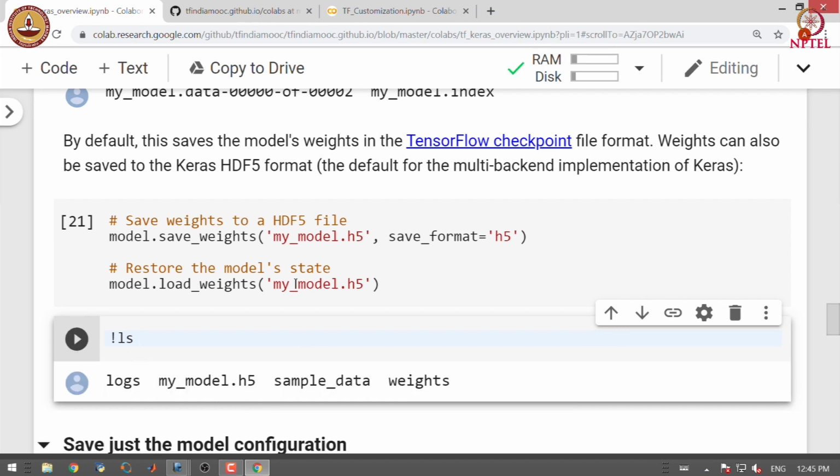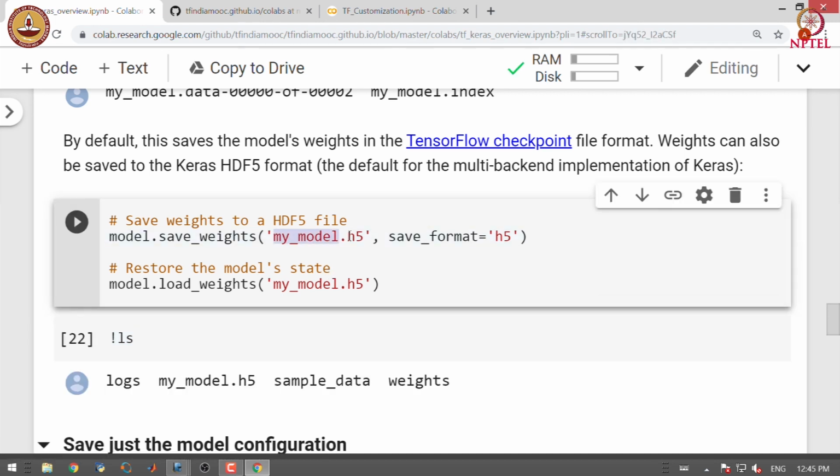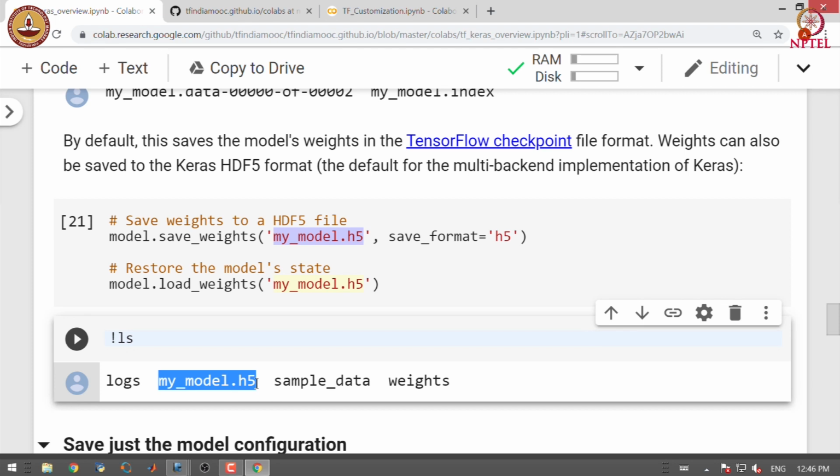Now you can see that since we requested TensorFlow to save weights in HDF5 format, there is a file with extension H5 over here.